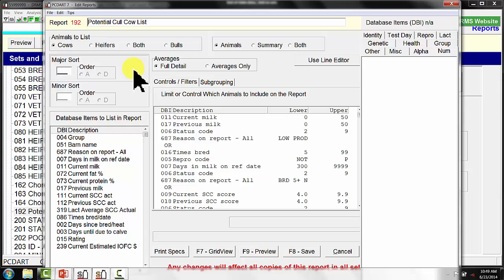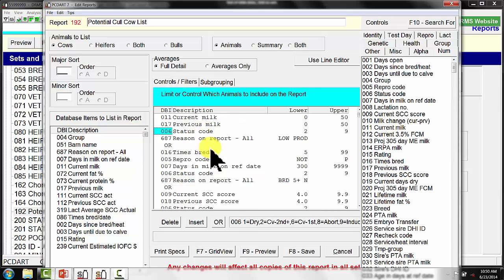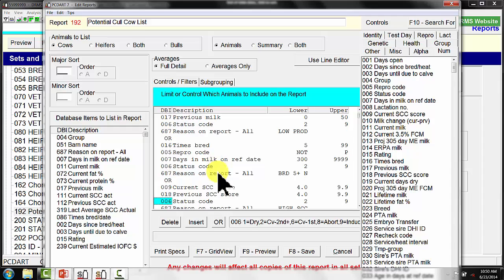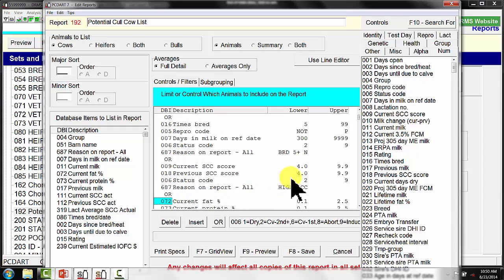I'm going to give this report a title called Potential Cull Cow List. Some of the reasons that we are going to be culling cows is below a threshold of milk. In this particular case, we're looking at those cows that have been milking only 50 pounds for the last 2 test days and excluding the dry cows. So the dry cows are excluded. I'm looking at cows that have been bred more than 5 times, not diagnosed pregnant, more than 300 days in milk. I will be also looking at chronic mastitis cows as defined by linear score 4.0 or higher for the